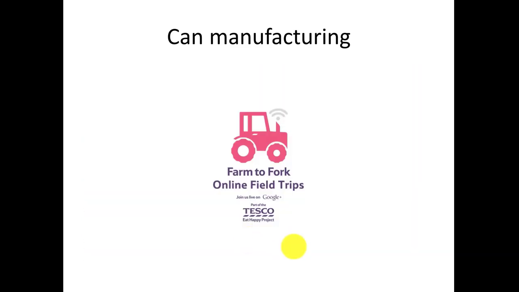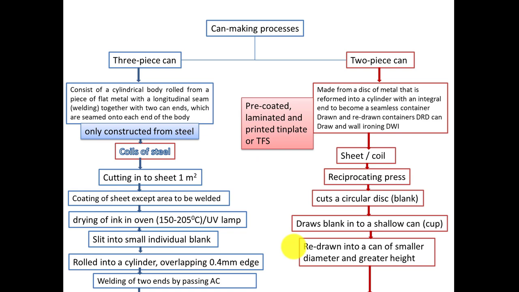Okay, in this video you have seen that there are many stages. So now I'm coming to the can making process. If we classify the cans, there are two broad categories: one is the three-piece can and the second is the two-piece can. As the name suggests, in the three-piece can there are three parts: one is the main body, and then there are the two end closures. In the two-piece can there are only two pieces: one is the body, and we provide only one lid from the external side, that is your top lid.